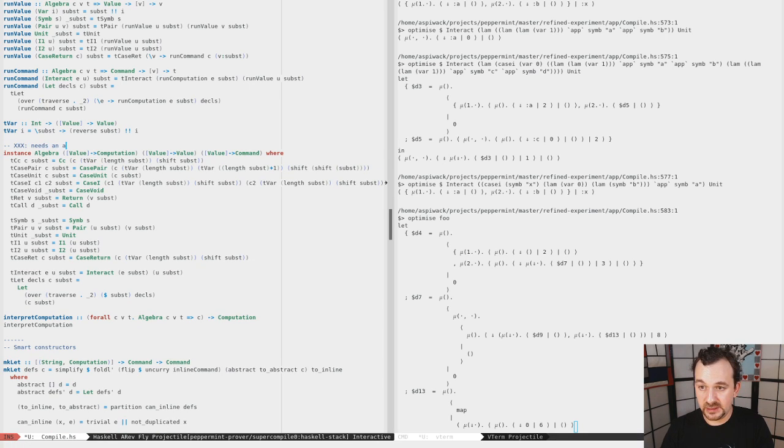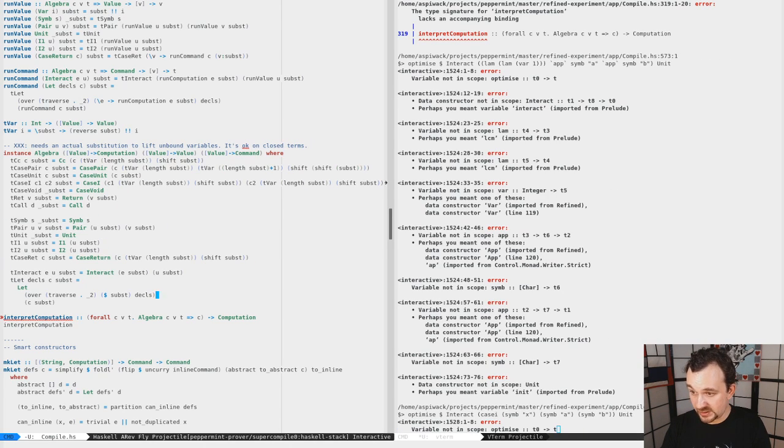x66 needs an actual substitution to lift unbound variables. It's okay on closed terms. Here now, when I forget, I will resent myself for forgetting because it's written. I'm going to forget. Of course, I'm going to forget. We're going to come back to here in months. So anyway, we do that by taking my computation thing,